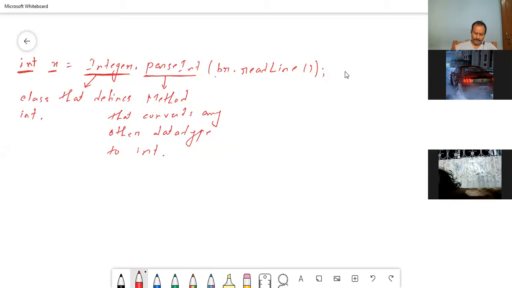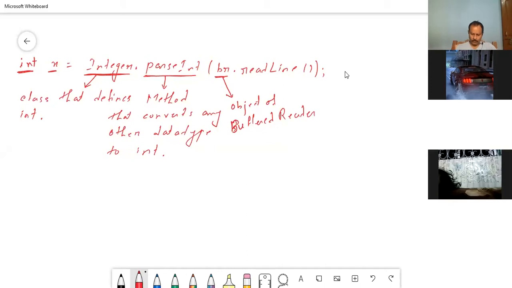Now, this is the object of BufferedReader, better I will write capital, BufferedReader.